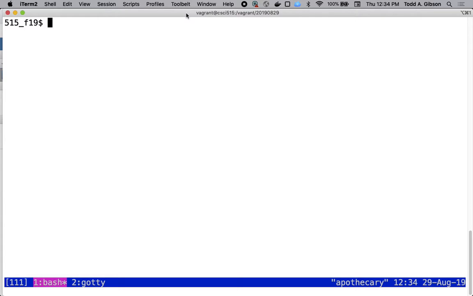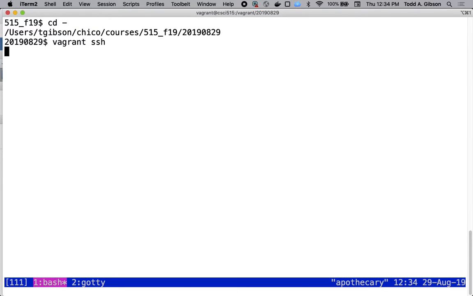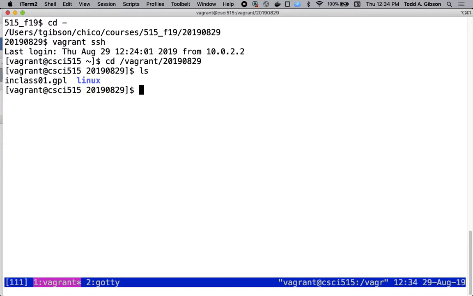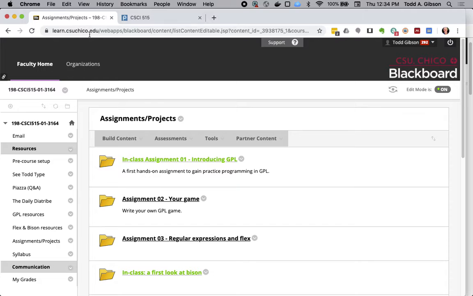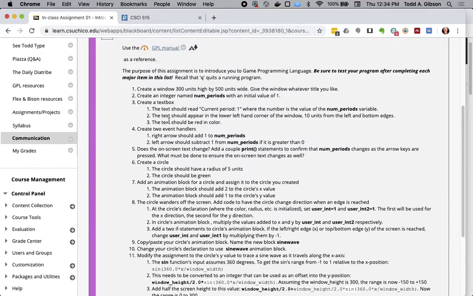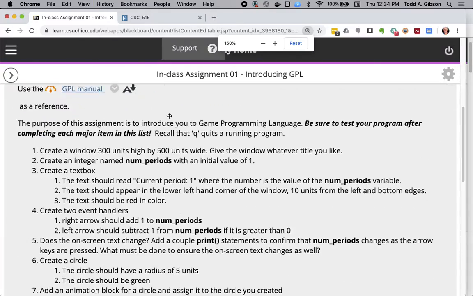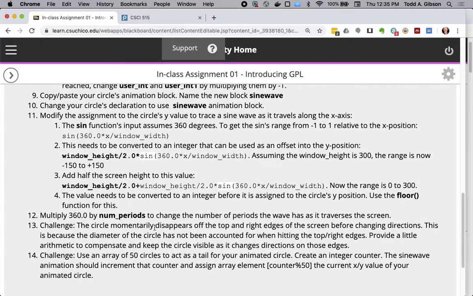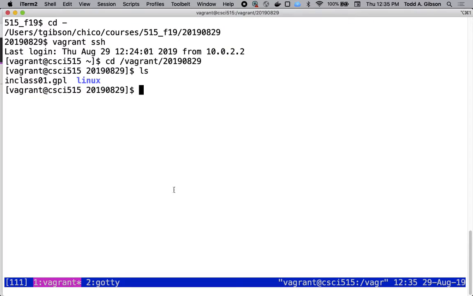All right. Then let me go ahead and dive right into that. All right, so if I look at the assignment write-up, it's pretty long. It's going to walk you through the steps to create a program and a couple of challenges at the end. What that program looks like after it's running is